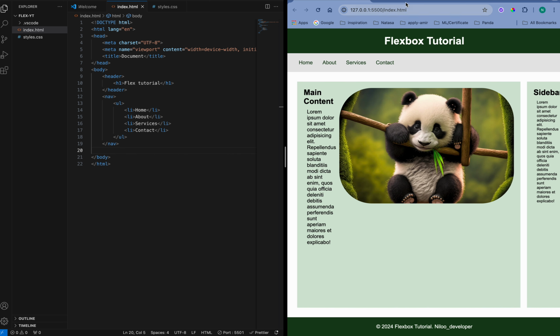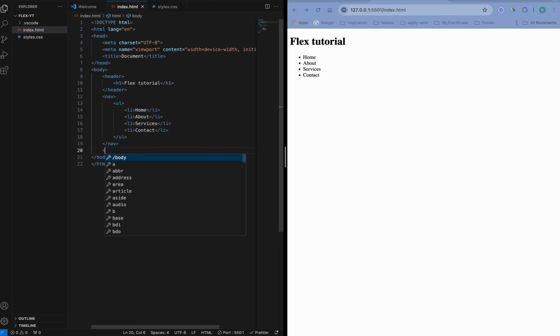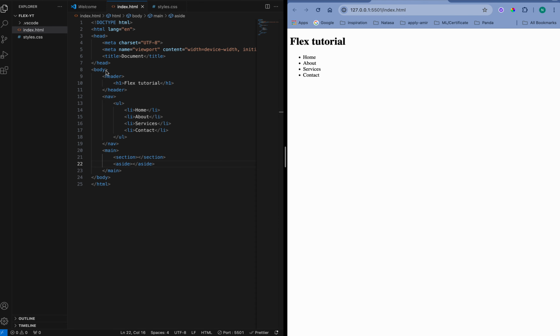Let's make this main content part with the tag main, and add the section for the content, the left section part, and also we have an aside one which is for the right part. Actually using these tags instead of just div is because of the accessibility. It makes the reader software read better, and it just helps those users who cannot for example see the contents. Okay, and in the section part we have a div,